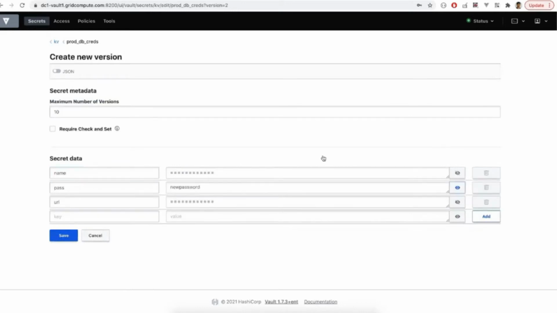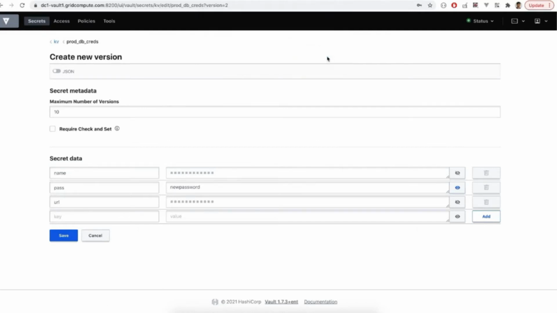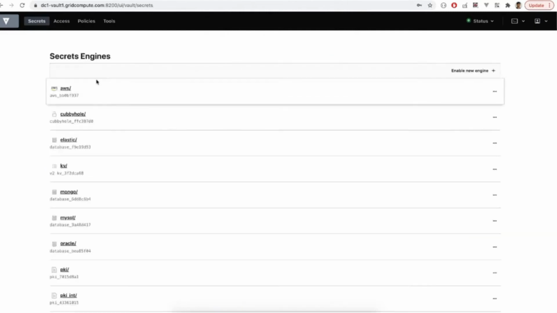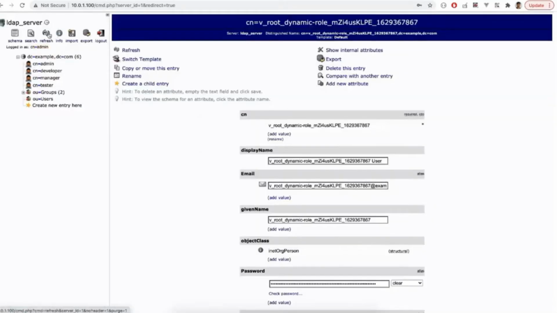Now let us create one more secrets engine from scratch. We are using the OpenLDAP secrets engine. I have an LDAP server ready with me. Let me log into this.